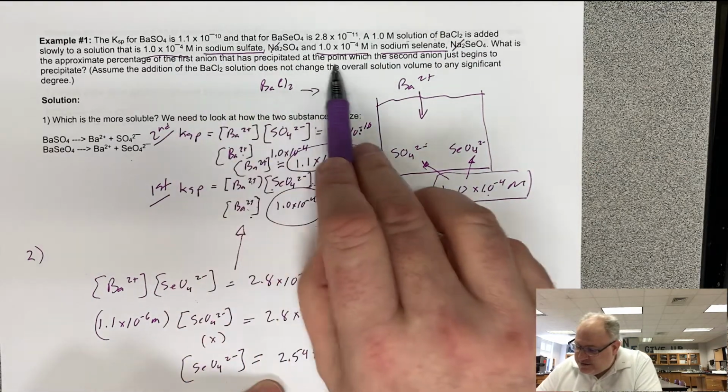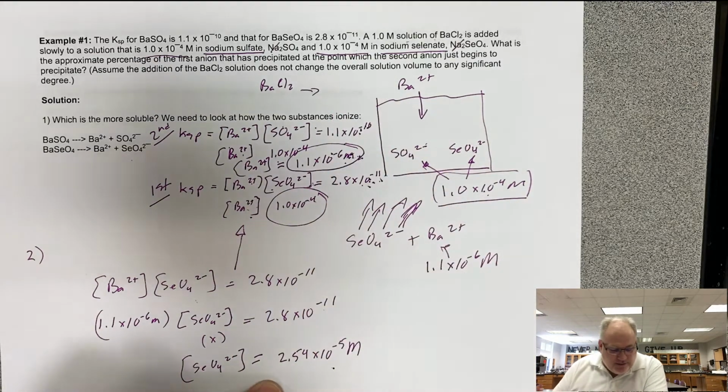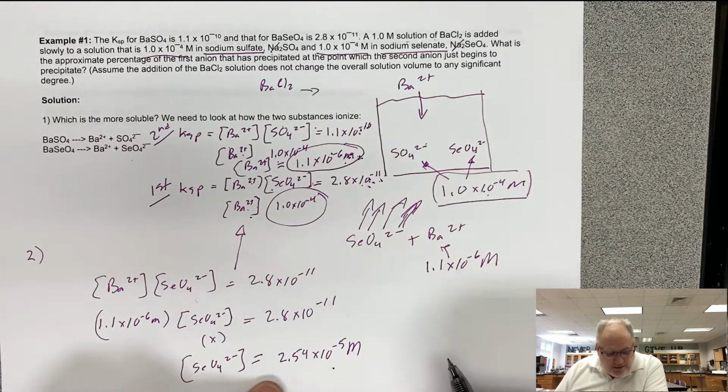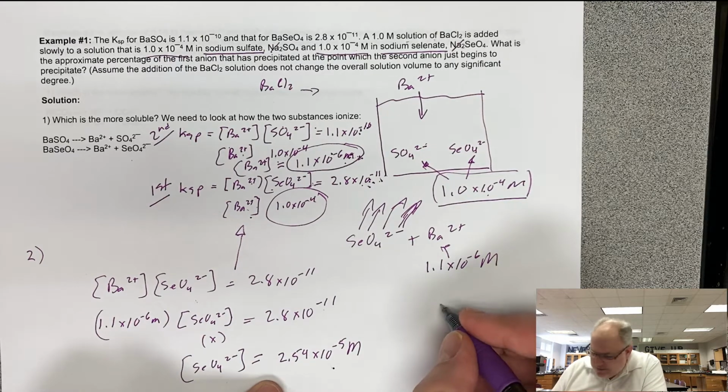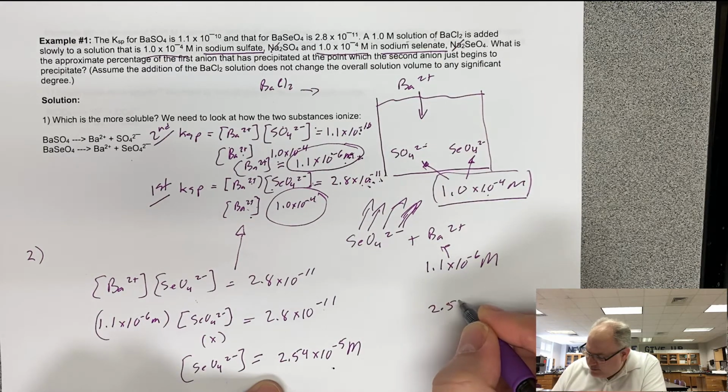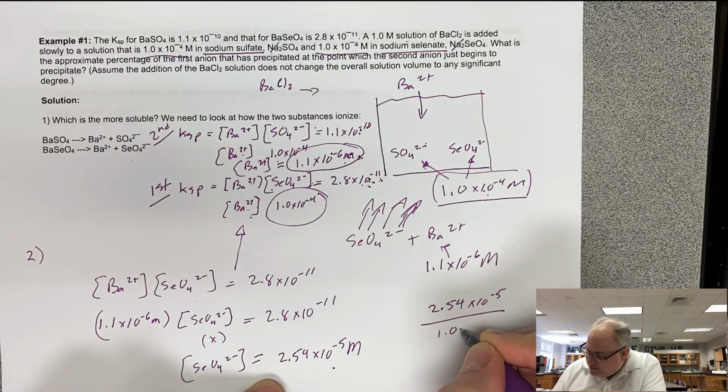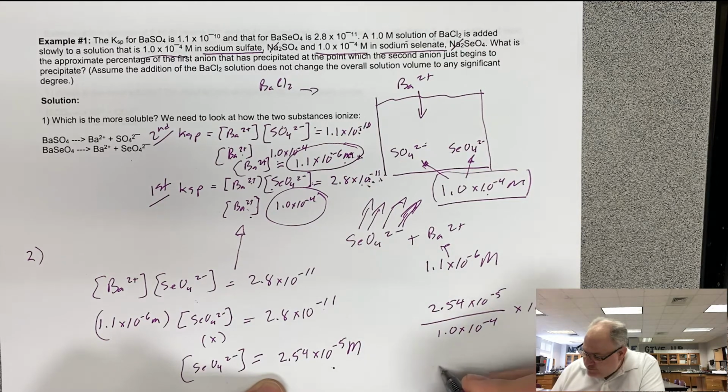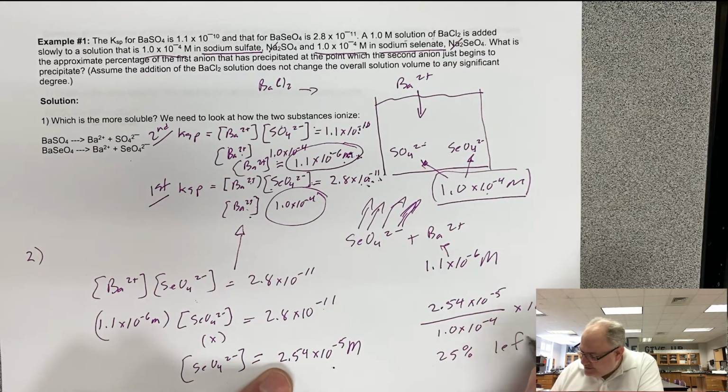Don't they ask you for the percentage of the ion that is precipitated? So couldn't we go like this, and couldn't we just go, all right, 2.54 times 10 to the negative 5 divided by 1.0 times 10 to the negative 4 times 100. If you do the math on that, you're going to discover that 25% is what is left, because that's the